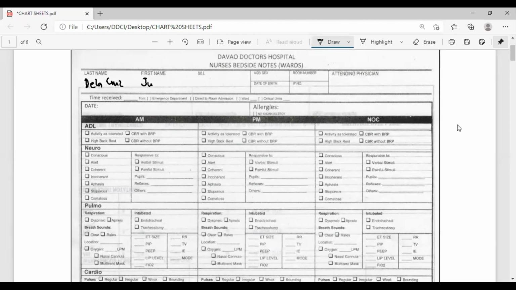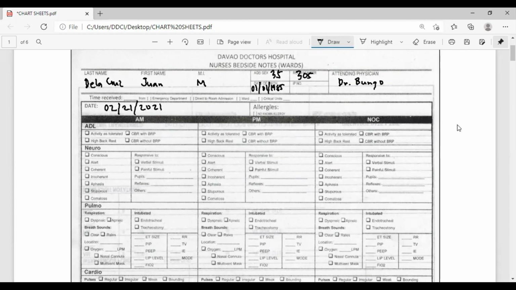De La Cruz, M, let's say 35 years old, you have your birthday 1985, then you have your room number, let's say 305. Okay, then you have our attending physician, let's say Dr. Bungo. Okay, now we have date, we have February 21